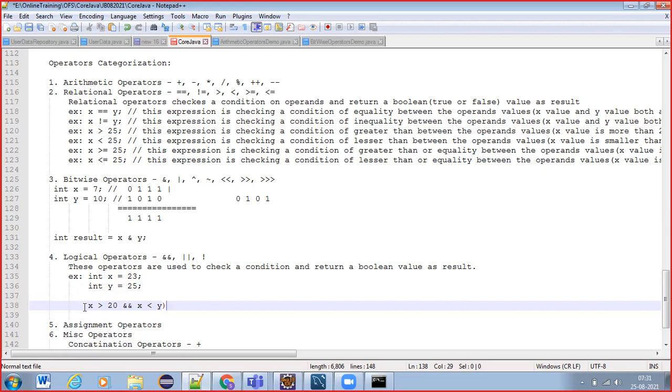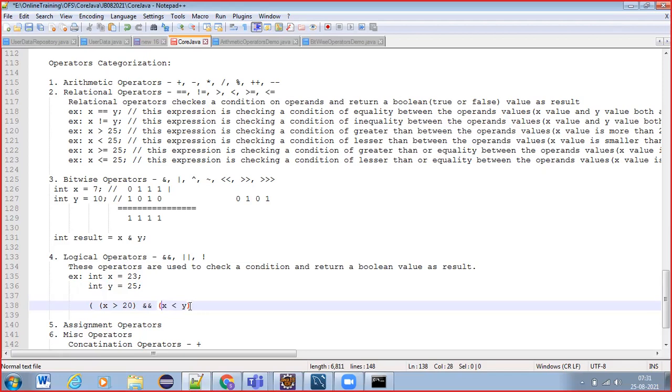And when you are writing this kind of algebraic expressions, try to keep them within proper parentheses. It will give you clear reading of your code. Without parentheses also you can write, but it will be difficult when you are analyzing your code.